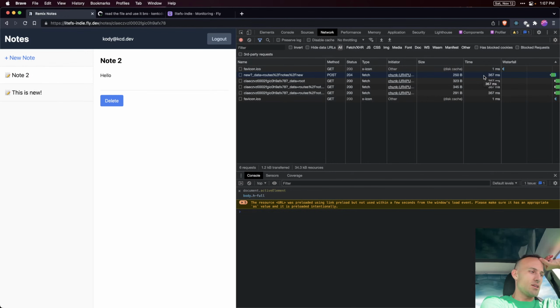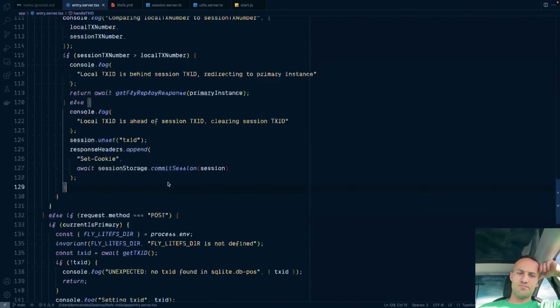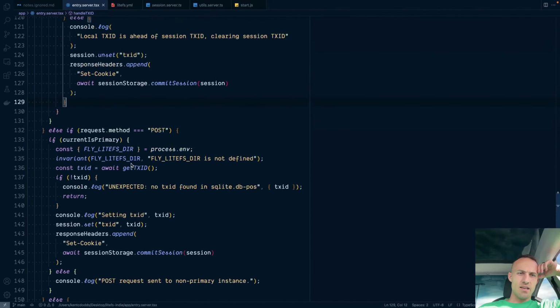So then it's just the individual regions that are having to wait. The primary is still going to deal with all mutations, but individual regions will have to wait for transactions to complete. And we could make that work the same way it's working now. It's just that instead of